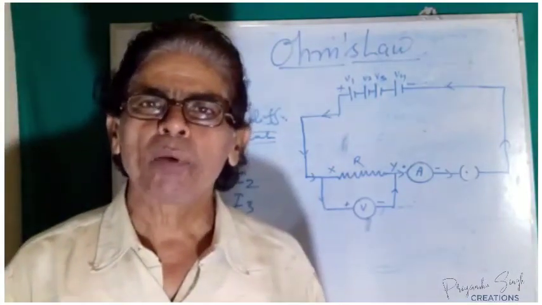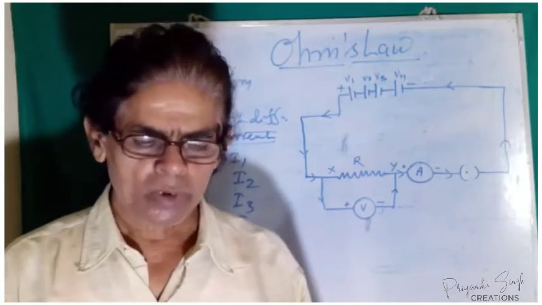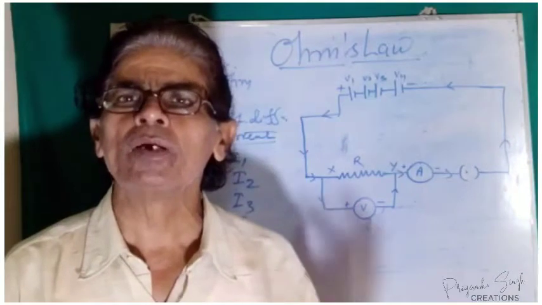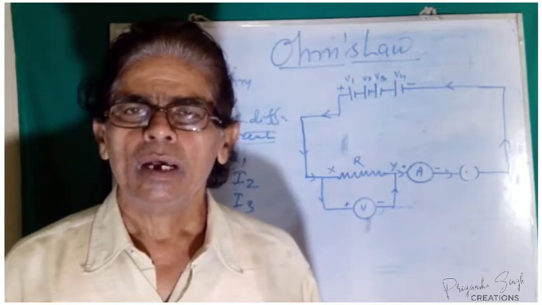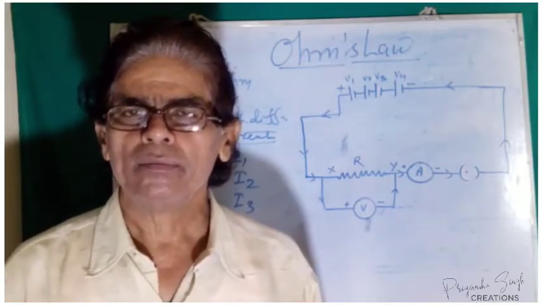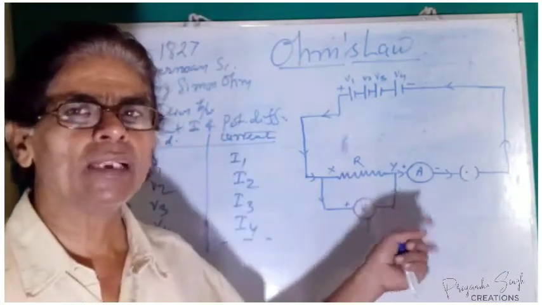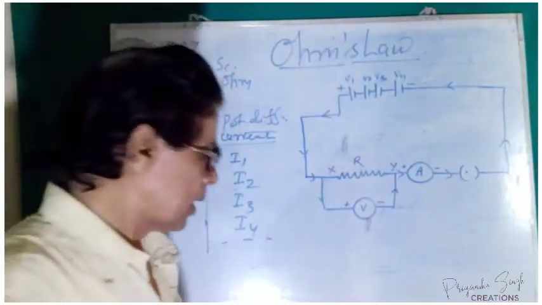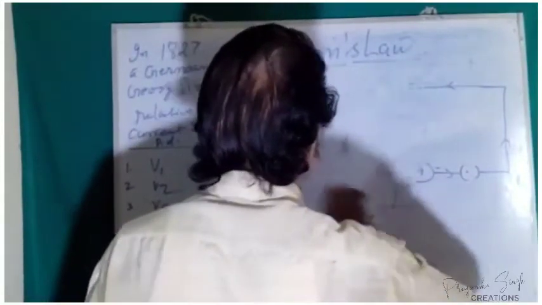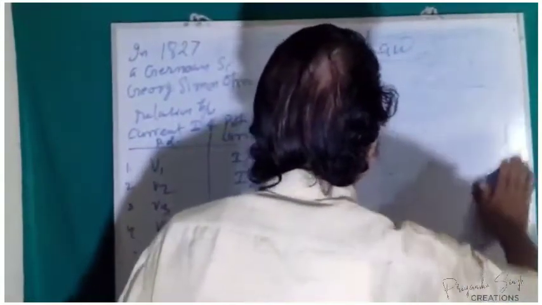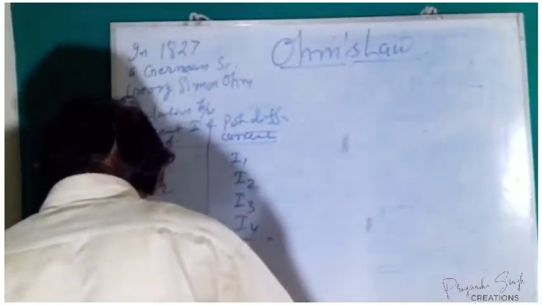Ohm has performed this experiment and tried to find out the relation between the two quantities. It can be explained by drawing a graph between the potential difference and the current strength. When the graph was plotted between the current strength and the potential difference, he observed a straight line passing through the origin.